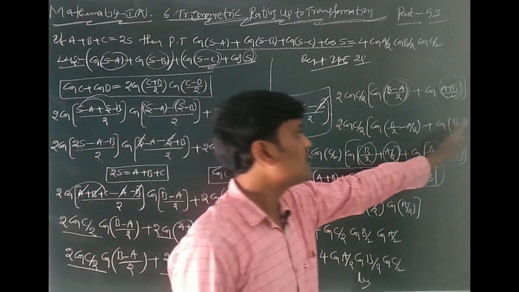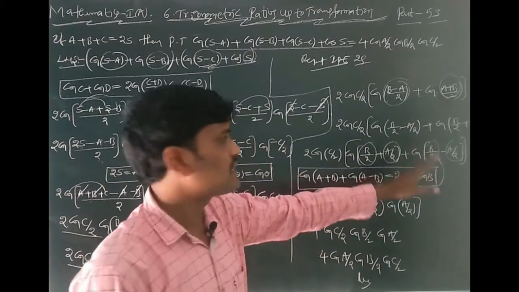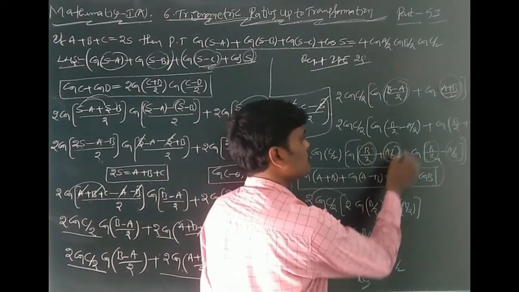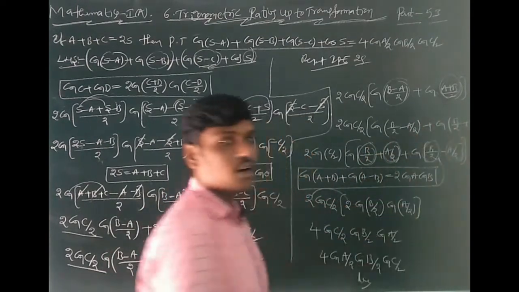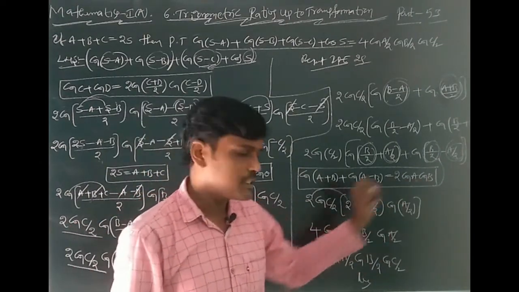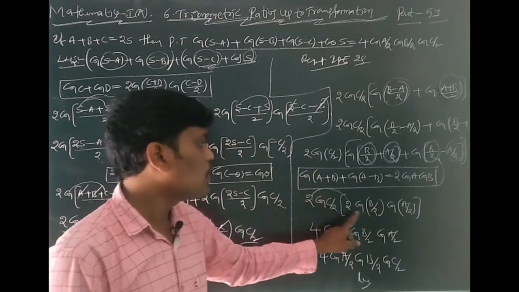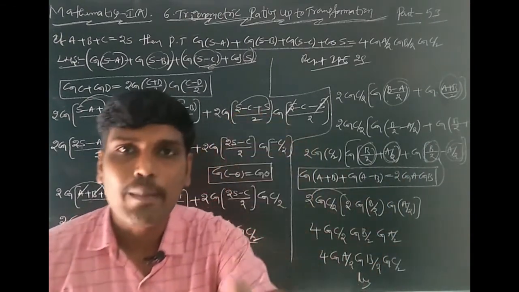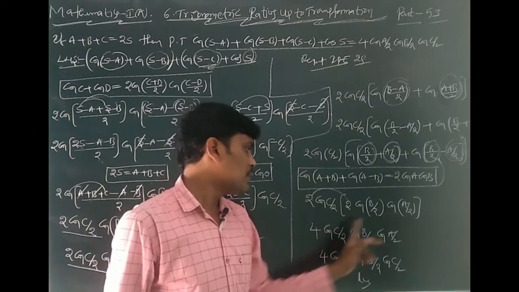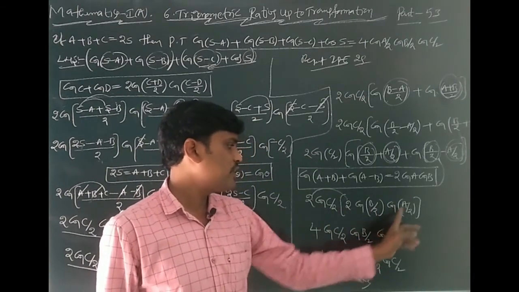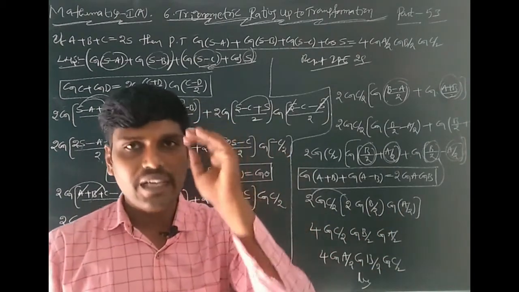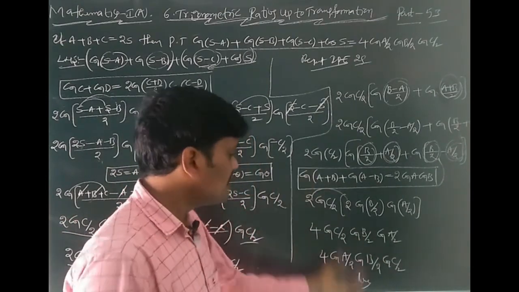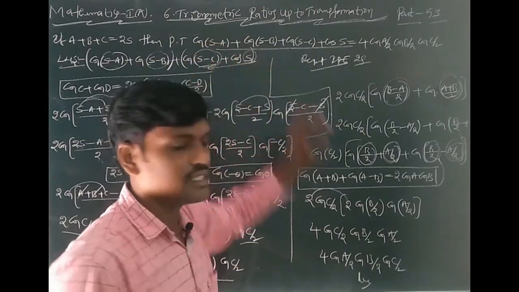This term you can write cos of (B/2 plus A/2) plus cos of (B/2 minus A/2). This is in the form of cos(A plus B) plus cos(A minus B). What is that formula? 2 cos A cos B. Already 2 cos C/2, and 2 cos A value is B/2, cos B value is A/2. 2 times 2 are 4. First you can write angle A: cos A/2, after that cos B/2, after that cos C/2. This is the RHS part, you get LHS is equal to RHS.